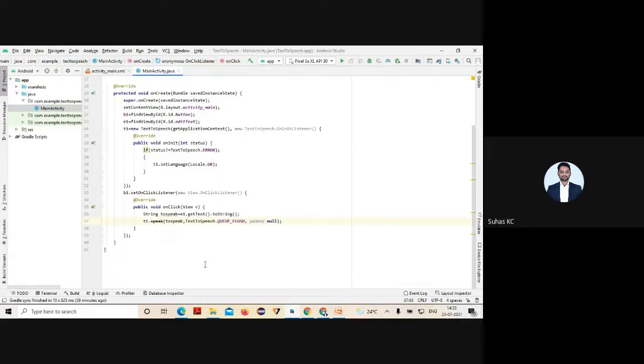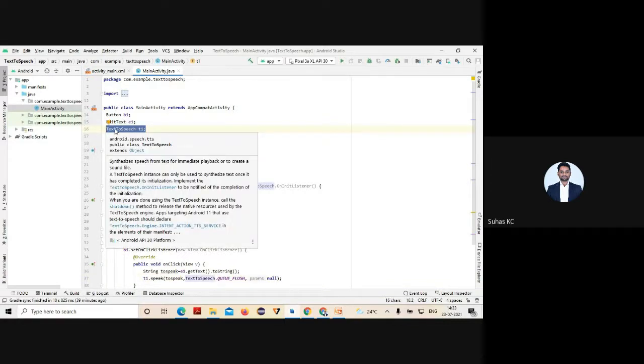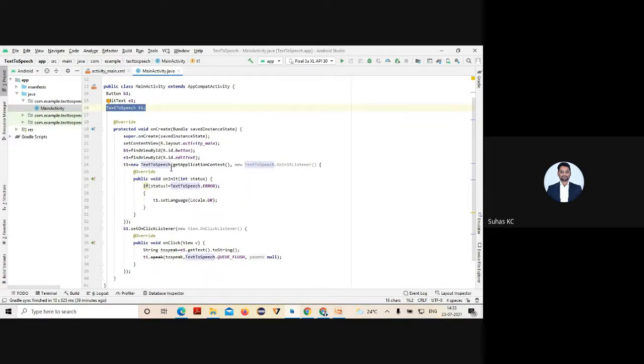That's it. So you have nothing your program will do. So that's it. So this is your program. Any difficulties here? The only thing you need to remember is that the class I'm creating is TextToSpeech. And for this particular TextToSpeech, what is the instantiation object I'm creating? It is the init listener. Notice, I'm just creating the init listener. That's it.